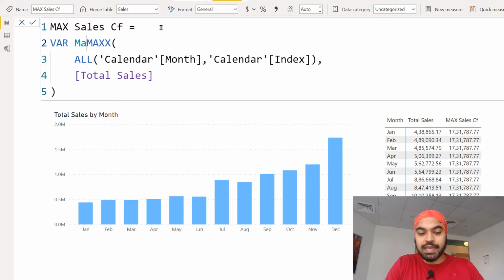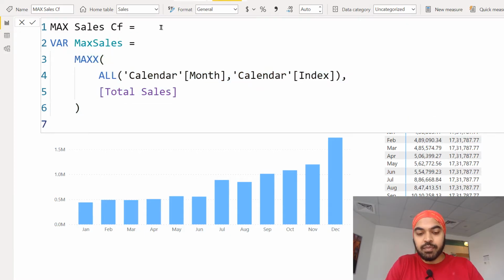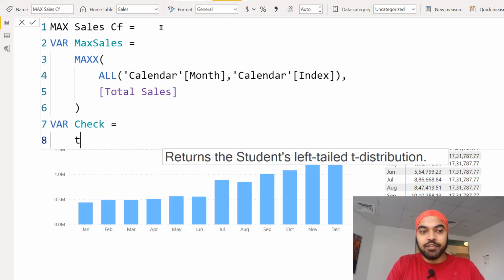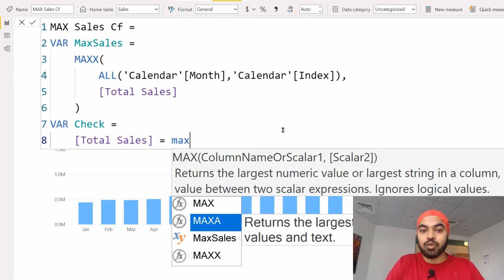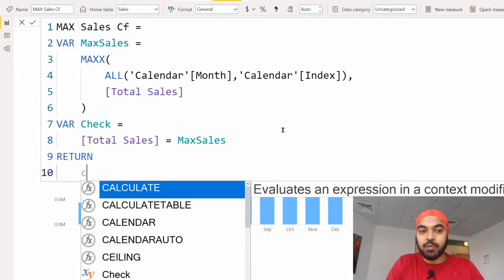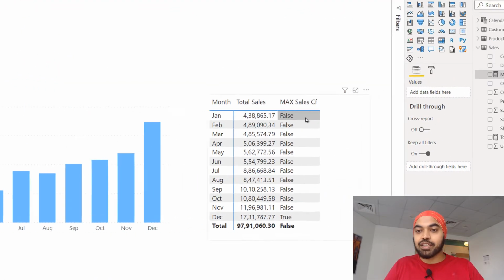So I'm just going to call this max sales and link that calculation to that particular variable. Let's create another variable and call it check. In the check, I am going to say: check if the total sales, which is the actual sales value of any particular month, is equal to my max sales or not. Let's return the check and see what result we get. If I press enter,